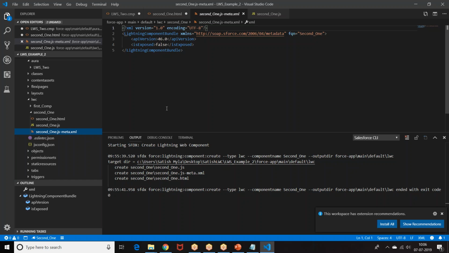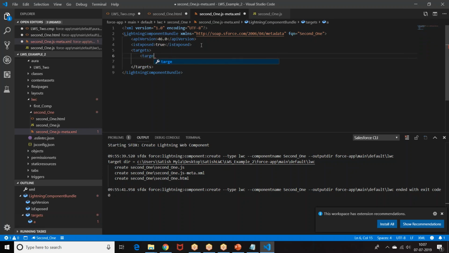How can you tell where this component can be used? Then I have to go to the metadata file. When I go to the metadata file, first make isExposed true. Make this component exposed. Where do you want this component to be exposed? Targets. Where do I want this component to be exposed? Target